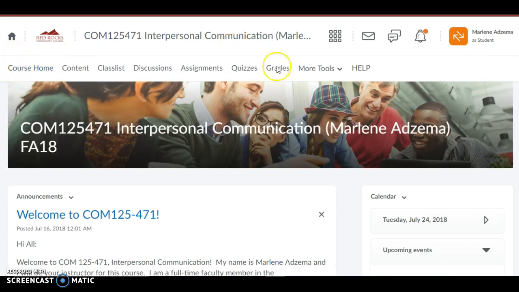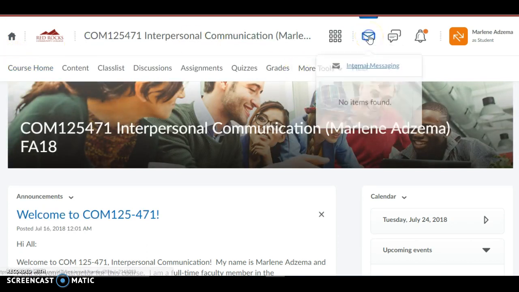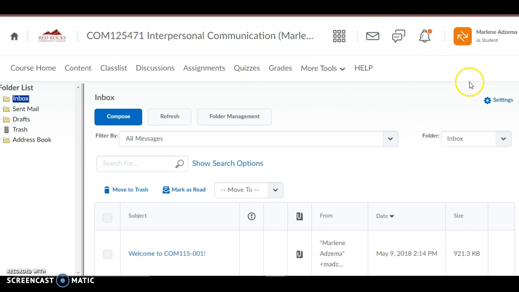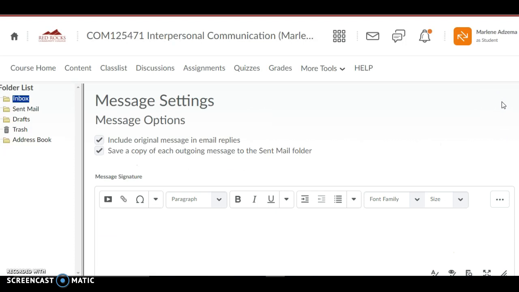And before we finish the tour, I just wanted to show you this messaging system here. Even though it looks like email, it's really just internal messaging, meaning that it only messages within D2L. Here's one little tip I wanted to show you. I will email through this system from time to time. And so if you want to forward these to an email address that you might look at regularly or have on your phone, you can click here under the Settings tab.